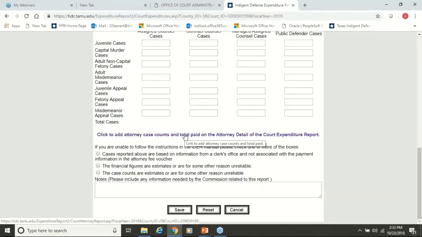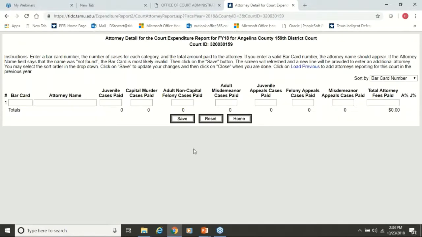I'm going to click right here. This is one way to get to the attorney detail report. Here we go. There's only one line available. Nothing's filled in at this time. I don't really want to change her report at this time,